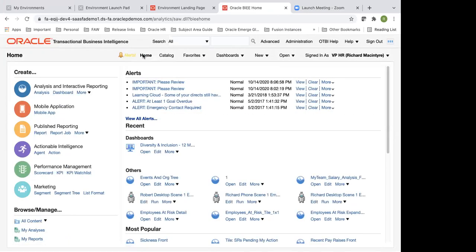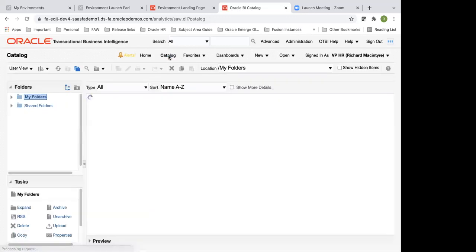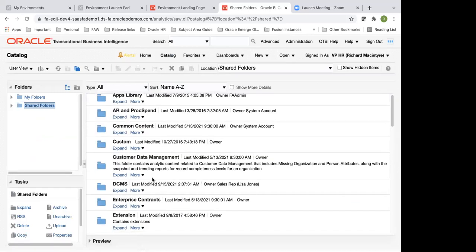So what I do here, I'll start with an introduction to the OTBI catalog, how it is arranged, and then move on to subject areas and then into report building. All the seeded catalog and all the custom folders are available in this menu item called catalog. So from the home page, when you go to catalog, you have everything available under shared folders.